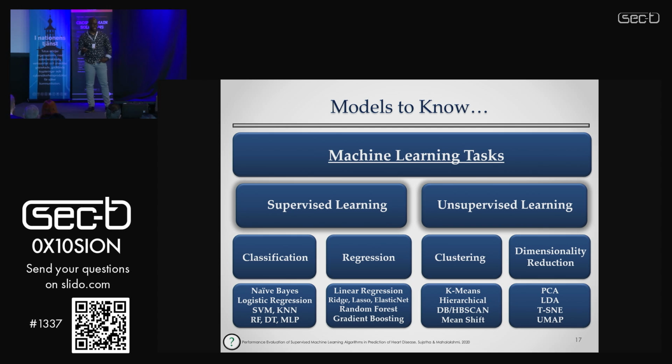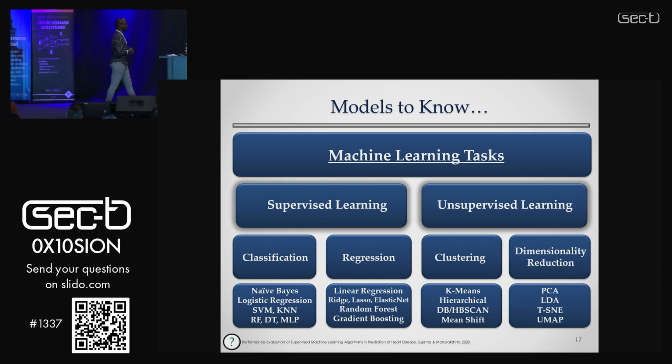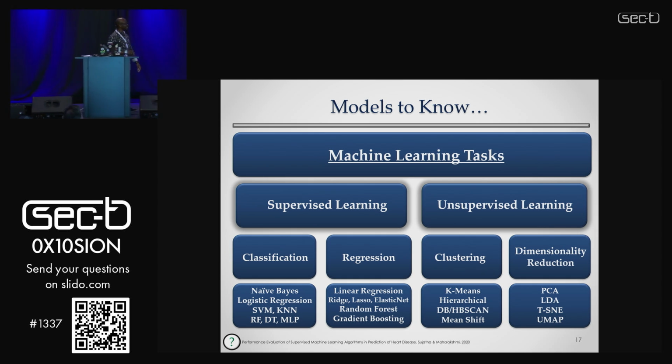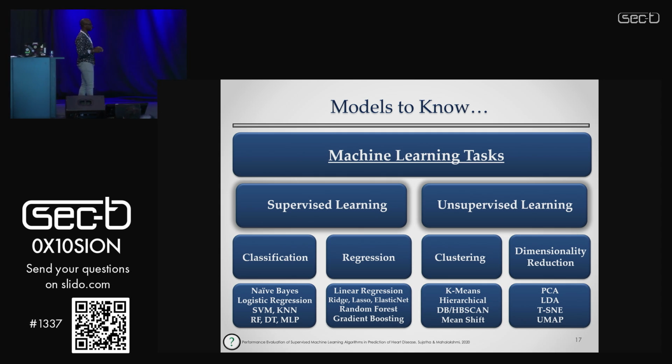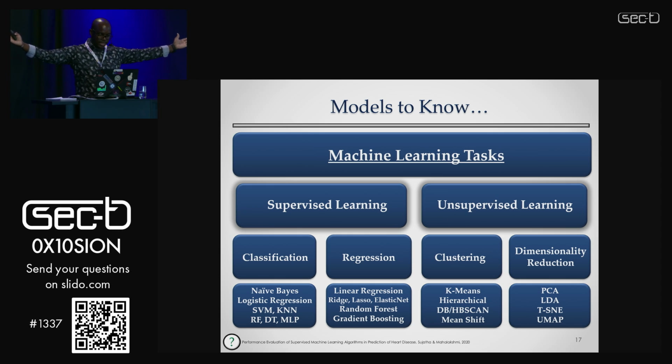Then unsupervised learning, we don't really have a label or a prediction. We don't know what the data should be. We're just analyzing to see, okay, what are some of the trends? What are some of the associations, some of the clustering that the data can help us provide? There's no time in our presentation to talk about unsupervised learning, but your two main ones that we'd care about are clustering, as I said, like an association, or some dimensionality reduction, if we just want to reduce from a higher dimension space to a lower dimension space to keep our models as simple as possible to help us make better predictions moving forward.